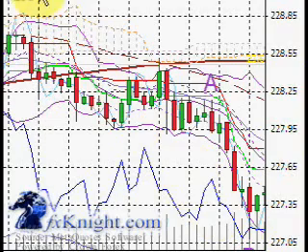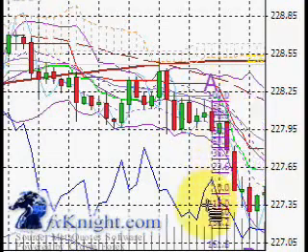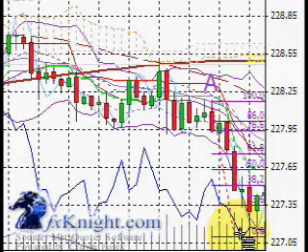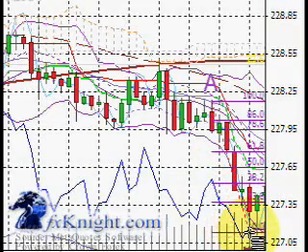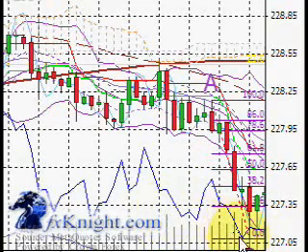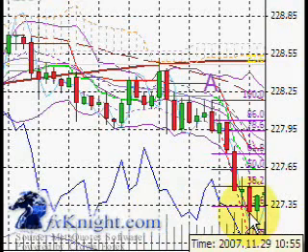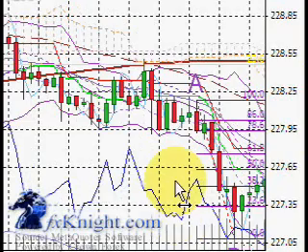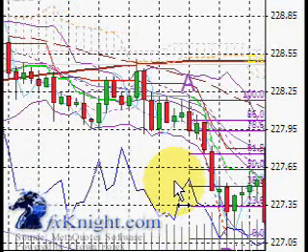Let me grab my Fibonacci tool and measure what was the high of our trading range so far today, down to the bottom. Again, we always measure in the direction of the move, so in this case top down. Let me catch the bottom of that point B. We're measuring the wick, not the candle body. We want to get the extremes. And now we're going to sit back and see where our point C lies. And as we scroll over, you'll see